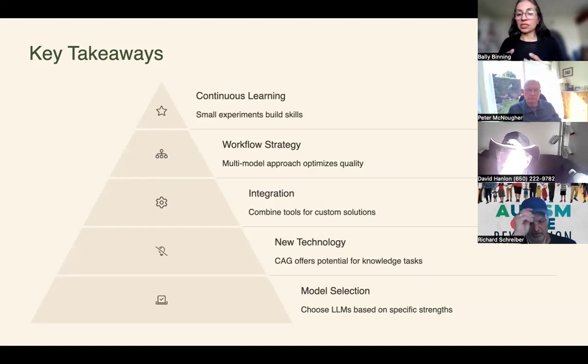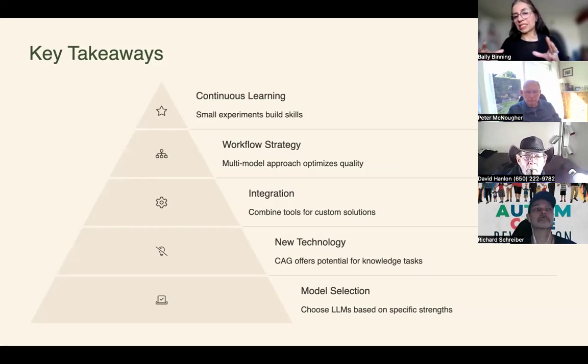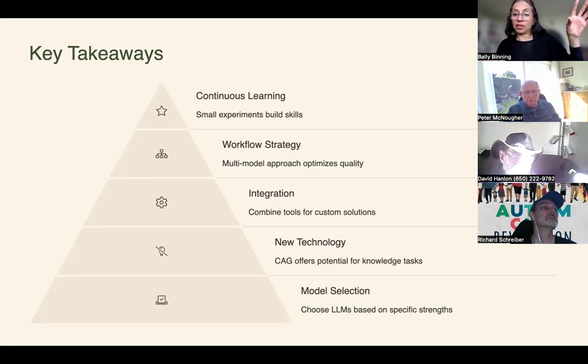So integration comes later. Test the tools out first. Give yourself space to go, you know what, this is my testing time. I don't need to look at the other stuff yet. That's what happened when I got introduced to make.com about 10 months ago. I was like, I don't need to know this yet. It's okay. It's there. It's not going away. Let me start with this and get an understanding before I go to the next thing.